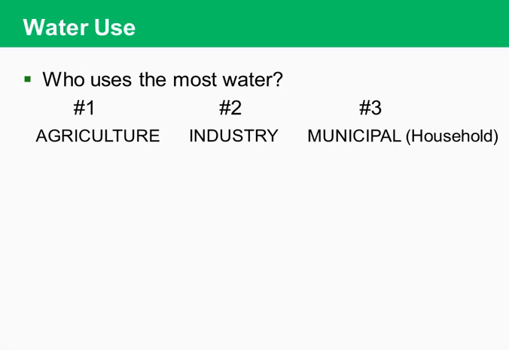They use the most. If that's the case, then if we're talking about saving resources on water, where do you think we should focus some of our efforts and our energy? Yep, you're right. We should focus on agriculture. 70% agriculture, 20% industry, and only 10% is household. So at least we're doing a good job individually.